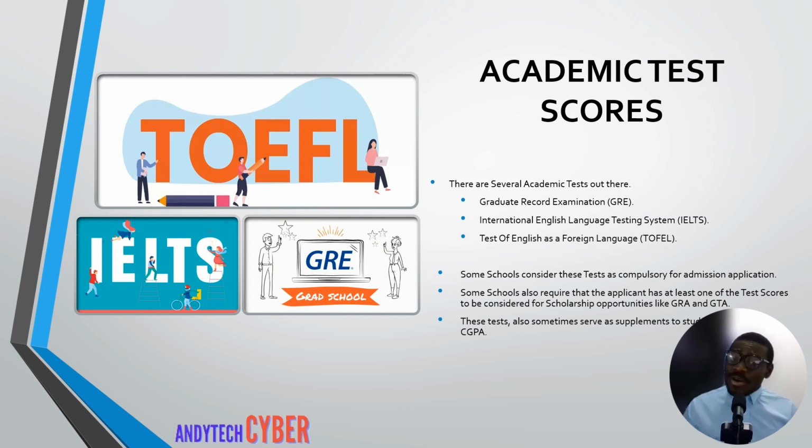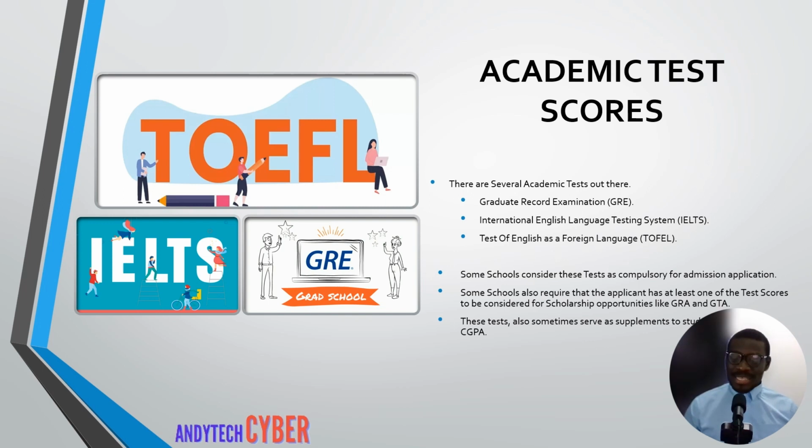Of course, the majority of my friends completed school. Personally, I didn't write GRE, I didn't write IELTS, I didn't write any of these, right? But I know people who also didn't write any of these, and by God's grace, now they have full scholarships. They are graduate assistants or even research assistants, right? On the other hand, I know people who had good grades, first class, second class upper, etc., but they still went ahead and wrote this.